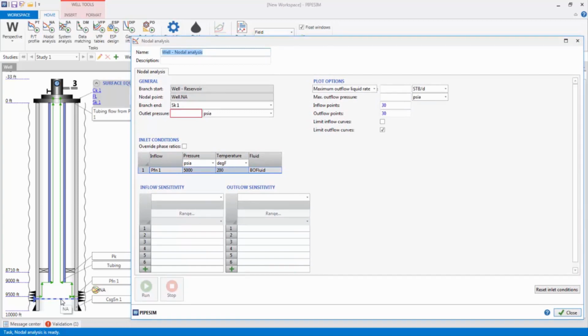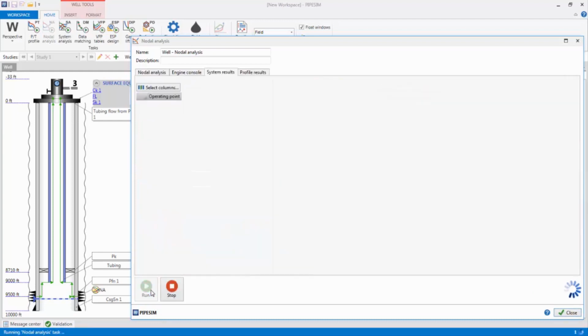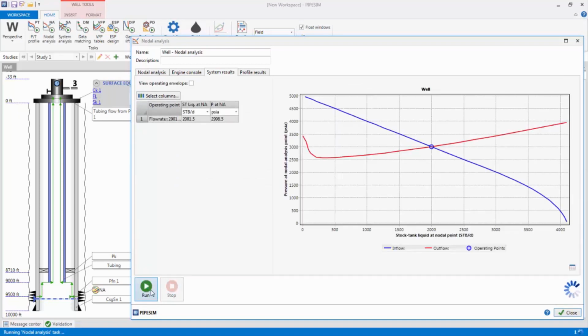The nodal analysis point can be moved along the flow path to divide the system at any point into inflow and outflow. In the task dialog, let's enter an outlet pressure of 250 psi. Now I will click the Run button, which is now active, to run the task. When the task is run successfully, a nodal analysis systems plot is displayed which shows the inflow and outflow curves,